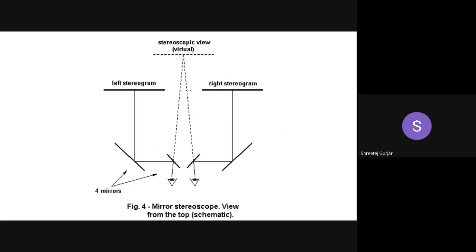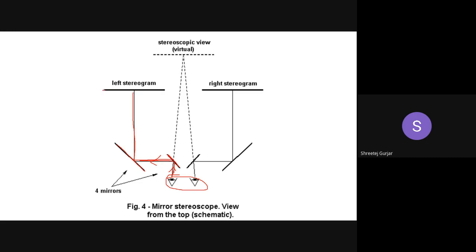This is a top view wherein you can see these are your set of eyes, and this is the line of sight. This is the first mirror, the small mirror which you had seen, and then your line of sight will be reflected over here. It will go this way, be reflected 90 degrees, and then by this big mirror which you see here, it will be reflected again by 90 degrees.